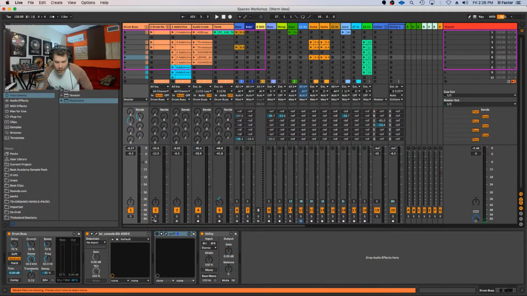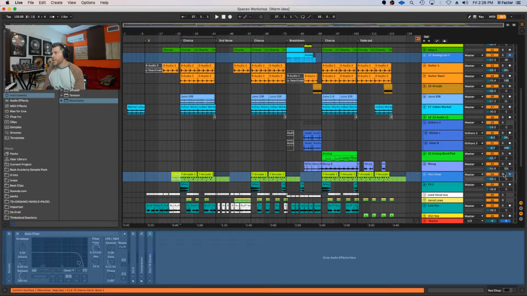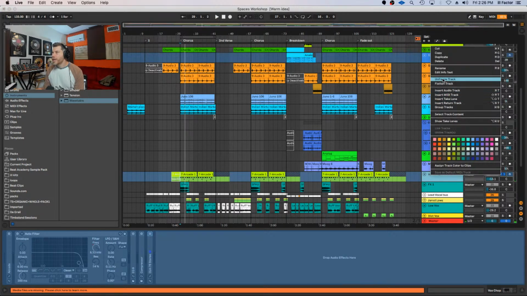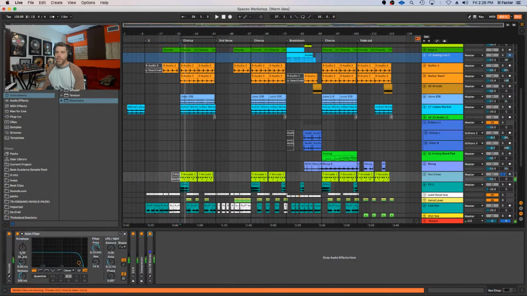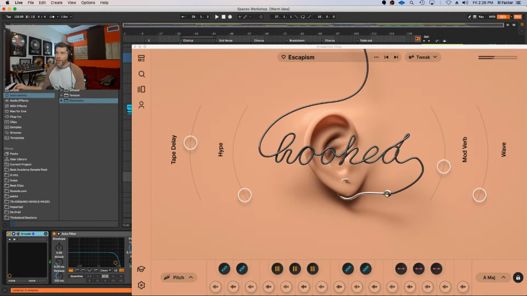Bajorn asks, was the female backing vocal some sort of instrument or heavily processed real vocal? Great question. So the vocal that we have going on in the chorus section, this guy here, I'm going to unfreeze this track, but this was an Arcade vocal chop, and this actually worked out really well.